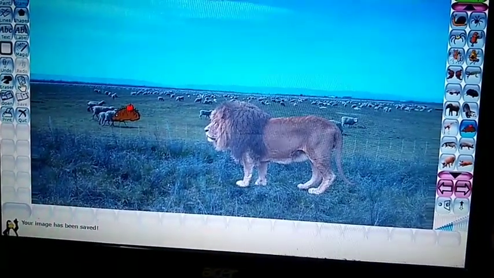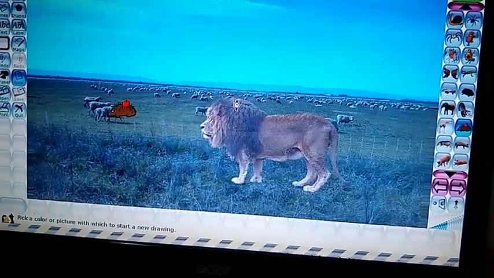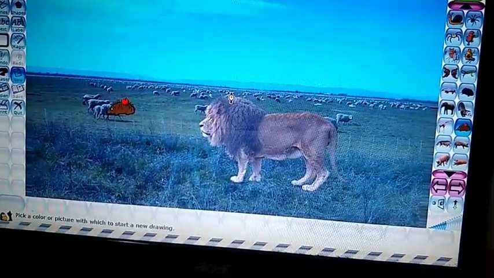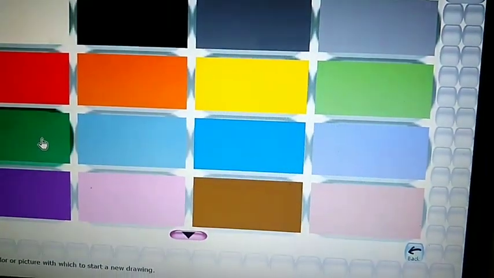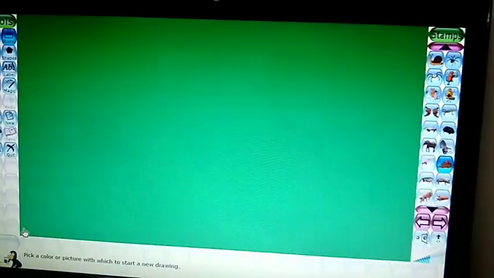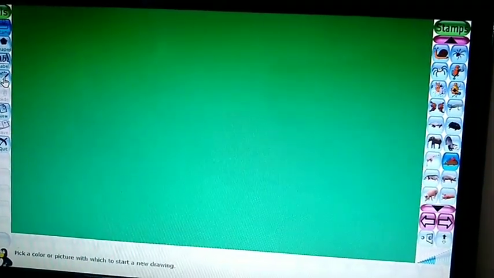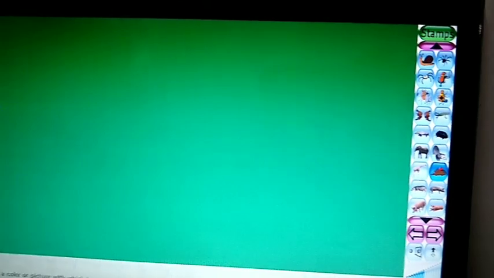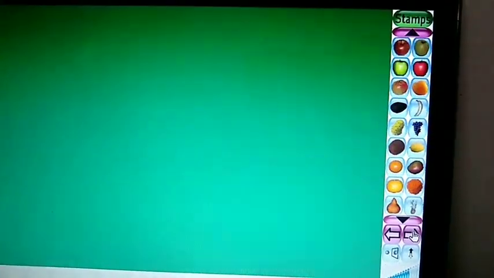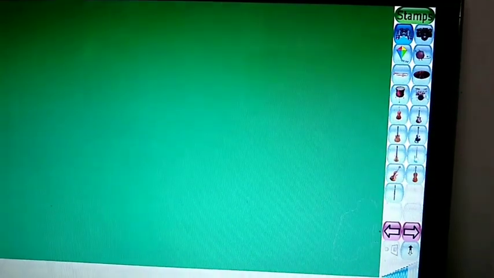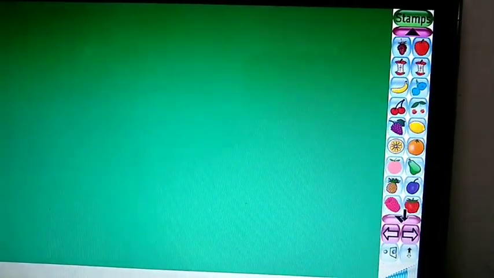Now what you do, you again go to this open tool, and now second scene you have to create. This is your first scene, that is this one. For this also you can choose any background. Like I am choosing here green color. Choose this green color, and whatever is given, one tree is given in your book, you can create the tree, or from stamp tool you can choose any tree. Trees will be here. You can choose trees from stamp tool also.